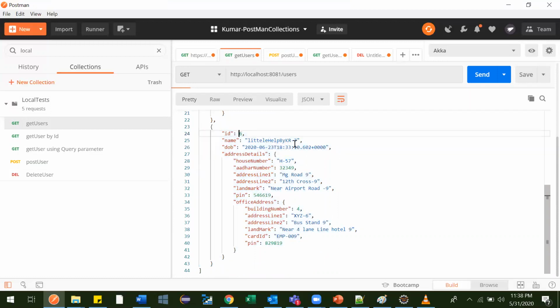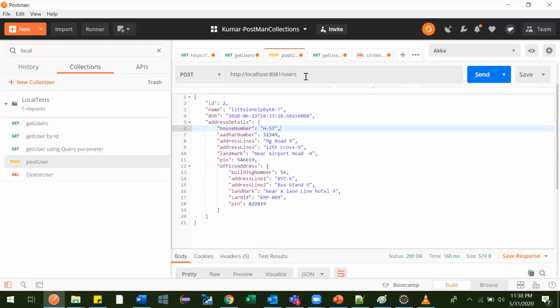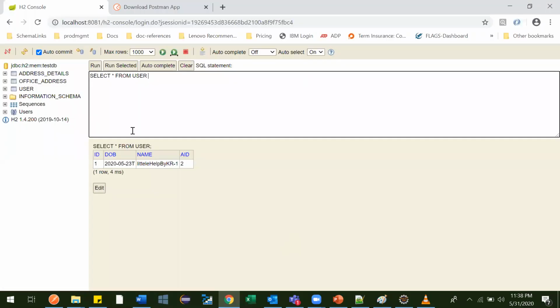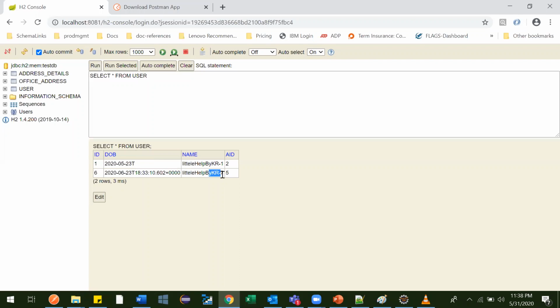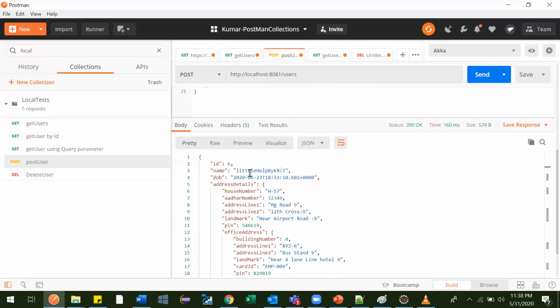This is what we have added, little help by KR7, and these 9999 things we have added. Our requirement was to register a user and it should be available in the DB, so now we'll run and check in the DB whether it got added or not. See, little help by KR5, and ID is 6. So you can see it got added. The ID was 6.